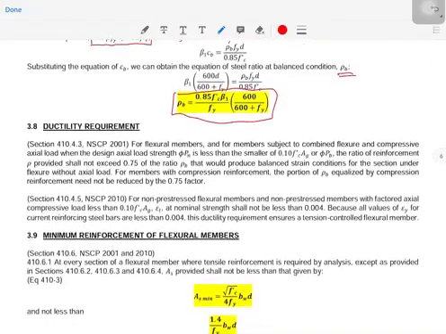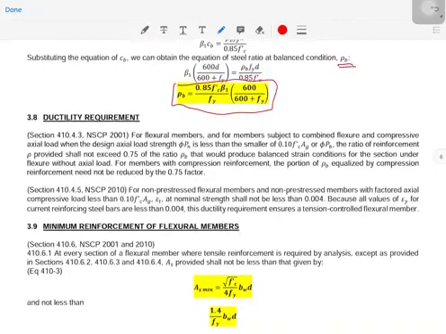So now, since the desirable method is ductile under-reinforced or tension control, then we need to know the ductility requirement that were stated on both 2001 and 2010 NSCP codes. Okay, so for NSCP 2001, for flexural members and for members subject to combined flexure and